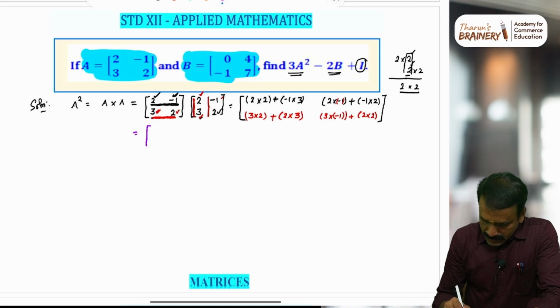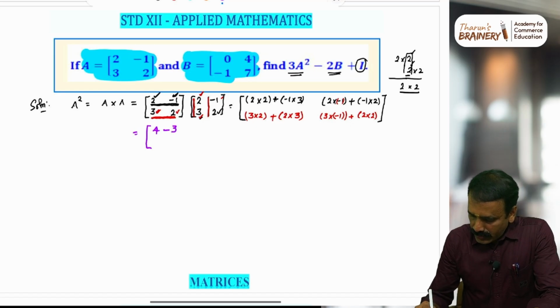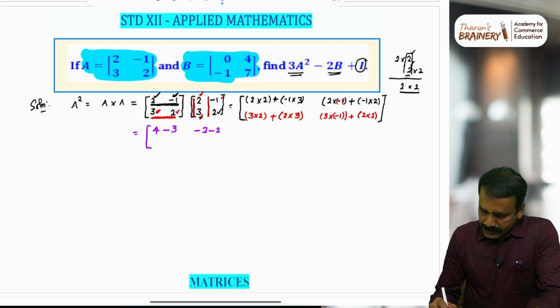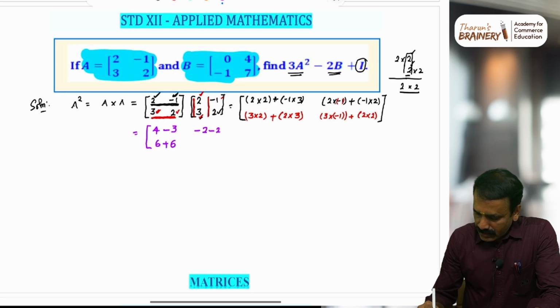So this is 2 2s are 4, minus 1 into 3, it is going to be minus 3. 2 into minus 1, minus 2, minus 1 into 2 again, minus 2. Okay, then second row element. 3 2s are 6, 2 3s are 6. Then 3 into minus 1, minus 3, 2 2s are 4,